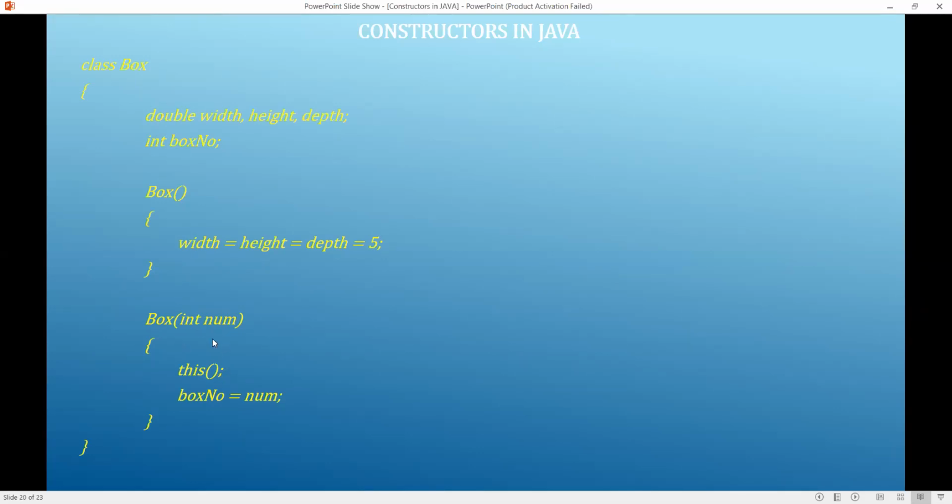Inside, the first statement is this, which is calling the default constructor with no argument. Then after that I initialize the box number. So I will show you this example.